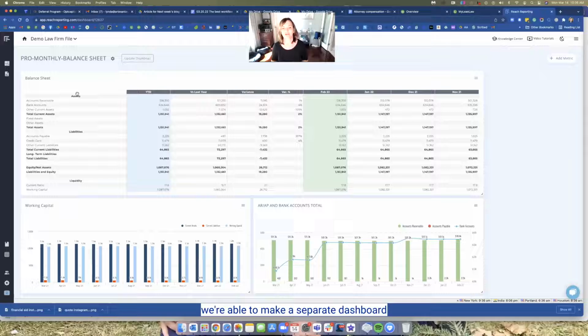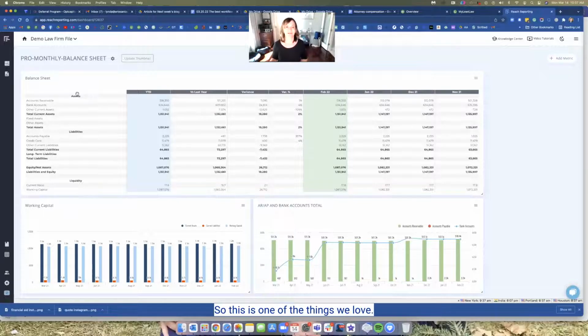And then with Reach, we're able to make a separate dashboard that the client's attorney can log in to, and not see any of the financial data for the company. You only give them what you want them to see, which would be their own individual report card. And that can be used for tracking. So that you can decide if you've got a bigger firm, 50, 60 attorneys on staff, you probably want to have something like that so you can track the individual attorney, and maybe that'll be a basis for their raise or maybe a bonus of their base pay or even a